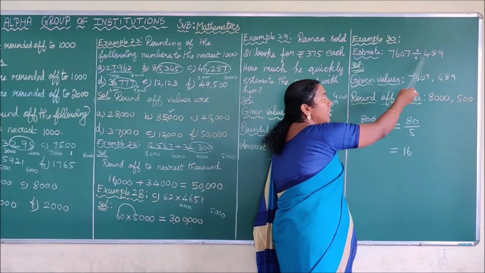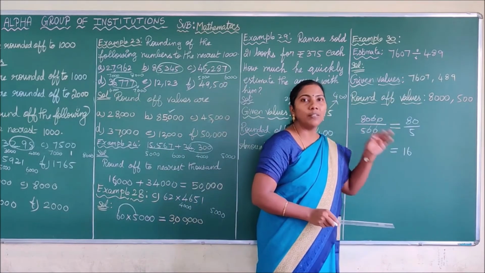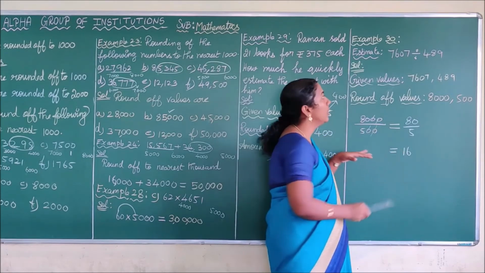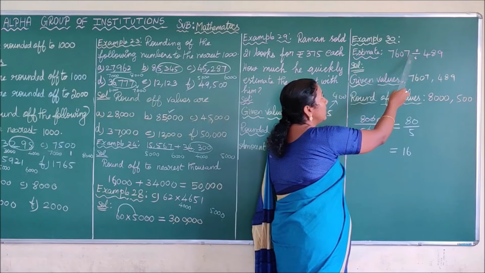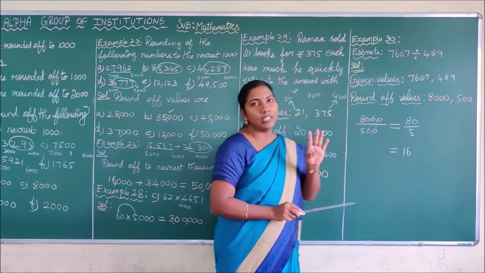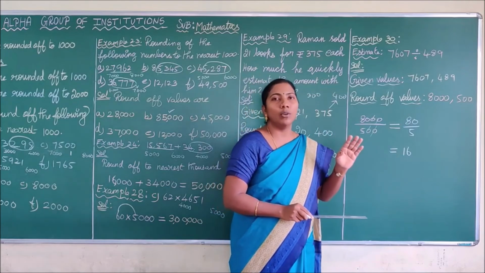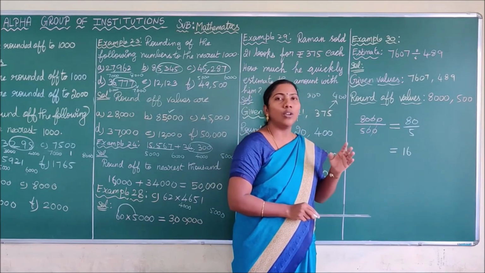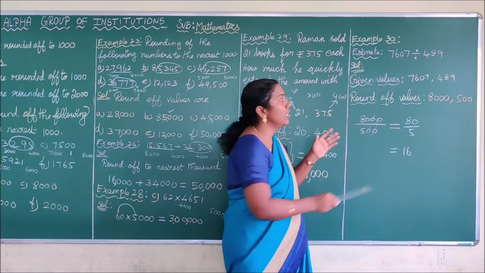You have to divide this value after the estimate. Estimate means you have to round off the value and then you have to divide it. See here 7,607 divided by 489. The first value is 4 digit. So you have to round up this number to the nearest 1,000. And second number is 3 digit. So you have to round up it to the nearest 100. See here